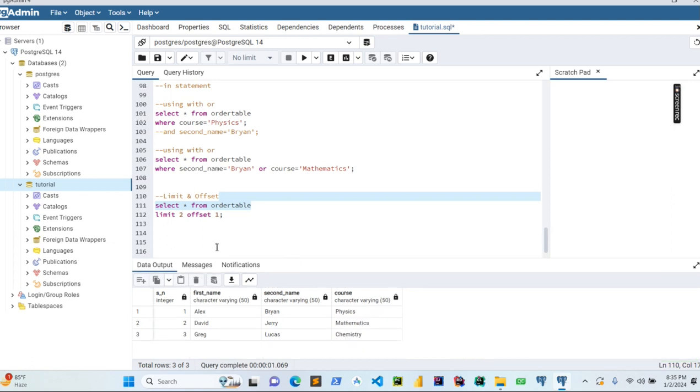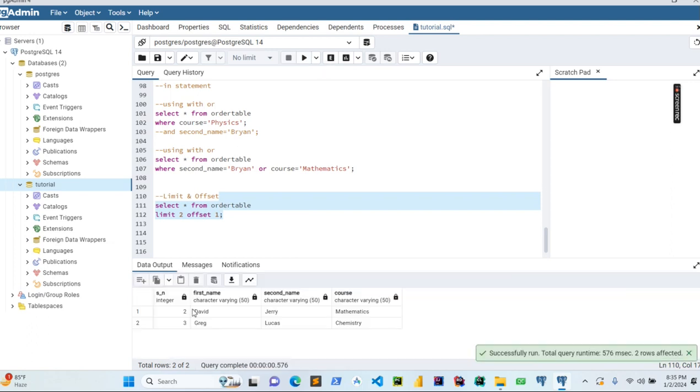It's going to skip number 1, this first row, and print out the other two rows at the bottom. So you can just highlight it and you will discover that it skips number 1, and you can see we have 2, 3. So that's how the offset works with the limit. The limit allows us to restrict the number of rows being printed out from a table to a specific number, and the offset allows us to be able to